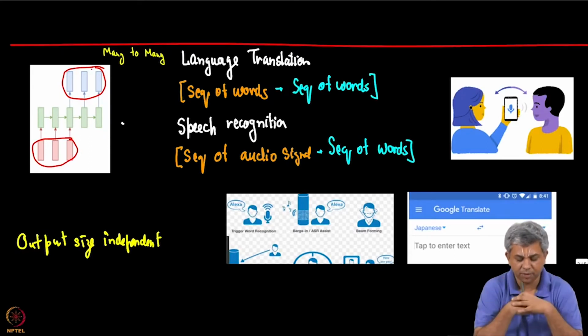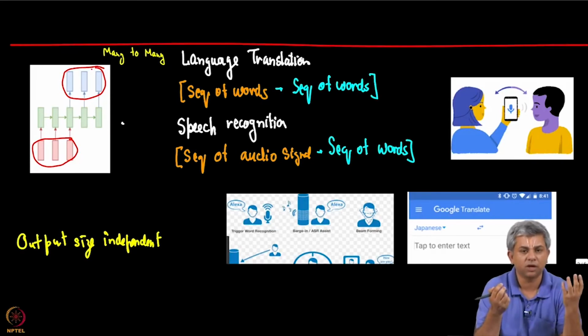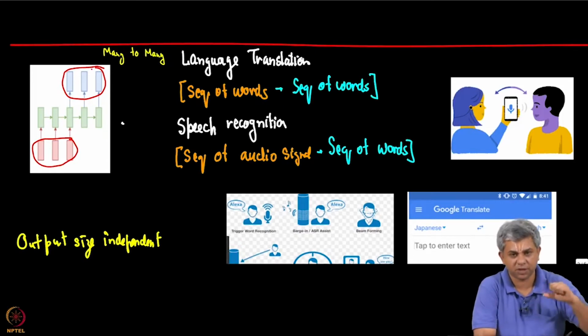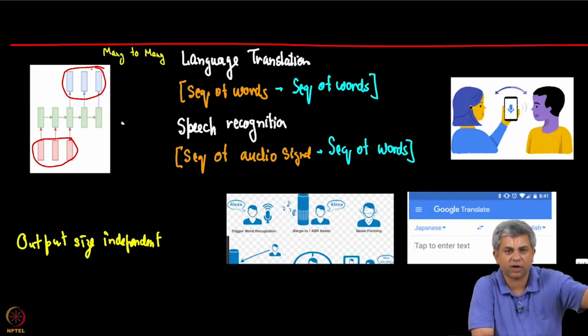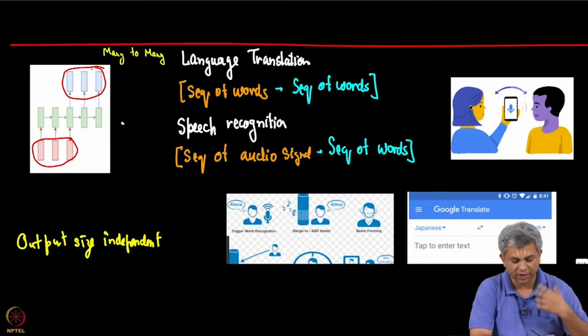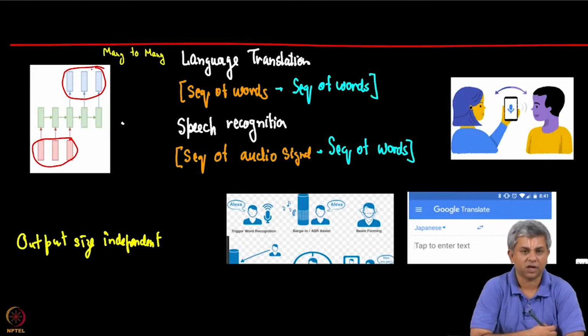Okay. For example, if I translate one language to the other, suppose whatever I am speaking is changed into Tamil, the number of words in my English speech need not be the same as the number of words in my Tamil speech. So, similarly, you can see Google Translate also works, it is not as if it is a one to one map, it is just that some bunch of words was given and after that some other bunch of words comes out as output, and that would be a language translation task.